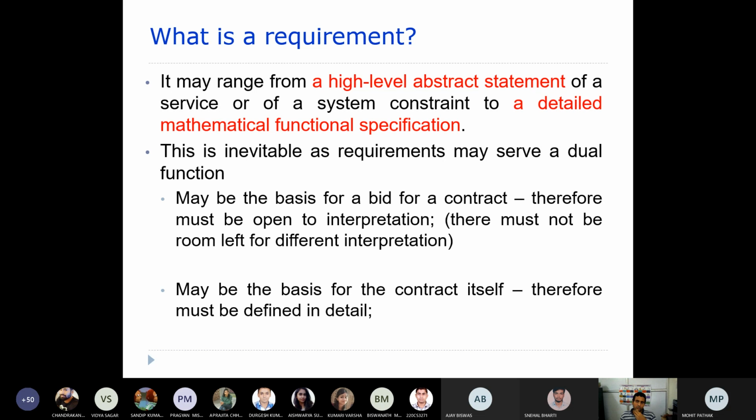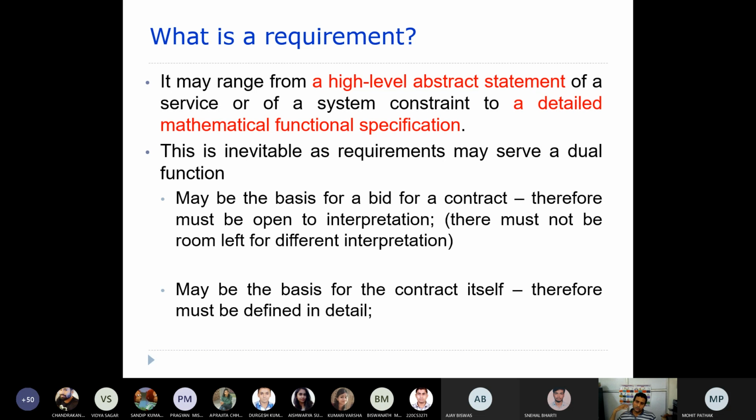So whatever requirements are established here through this requirement engineering process serve two different purposes. One is that it will be used for bidding a contract. That means the requirements are developed so as to be used for bidding purposes, right?